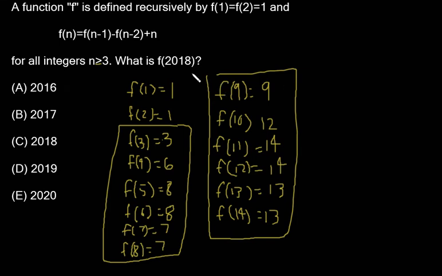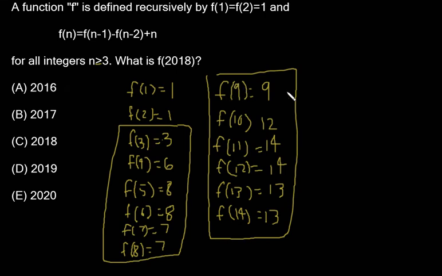And let's see. So it's asking us, what is f of 2018? Well, obviously we cannot keep going all the way down to 2018, so let's find a better way, all right? Let's try dividing each term by 6 and see what our remainder is, and we'll see what we have to add to our n right here, right? So for example, if I divided 9, because that's what we're plugging in,